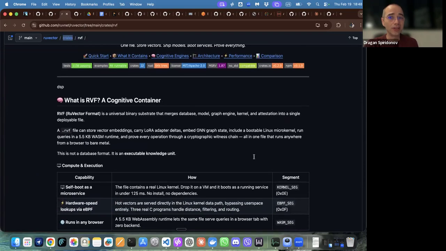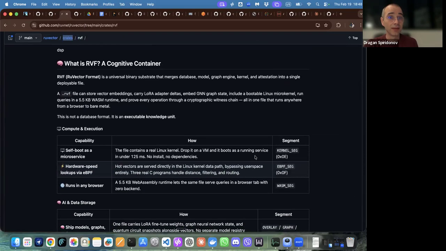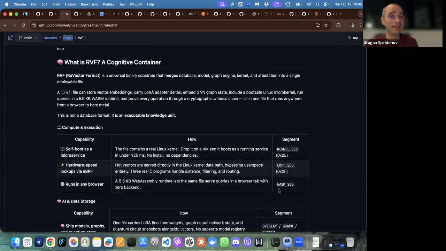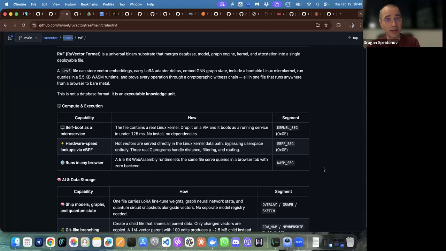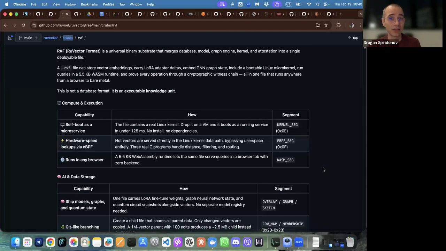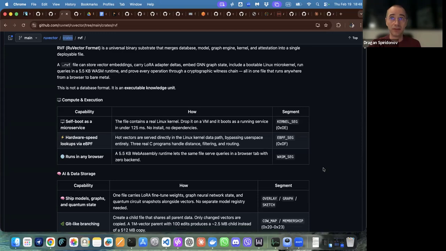RVF, cognitive container, that's a new format, everything in a file. A file that stores vector embeddings, carries LoRa adapter deltas, embeds GNN graph states, and includes a bootable Linux microkernel, and everything runs in a 5.5 kilobyte WASM runtime.